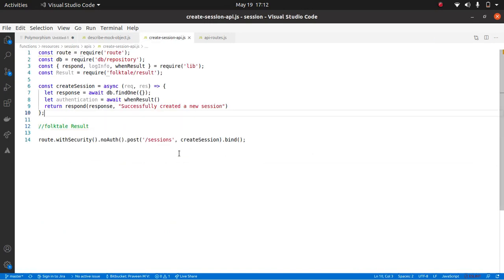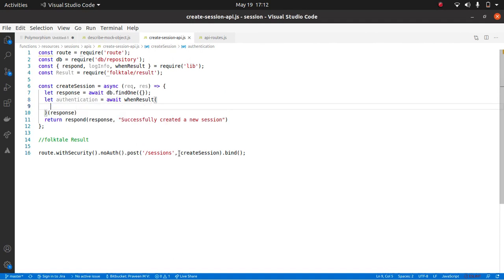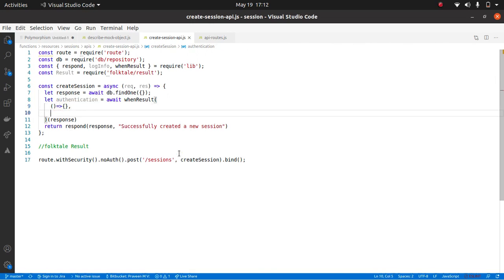So now your database is returning a result. It can be result.ok or it can be result.error, correct? Yes. What I'm going to do is pass this to when result. What does when result take? It takes two methods. The first method is executed when everything is alright.